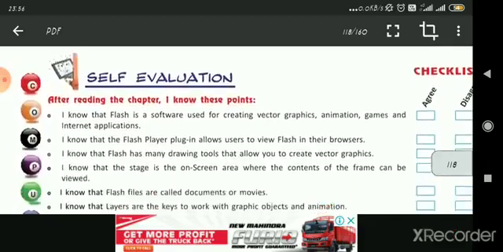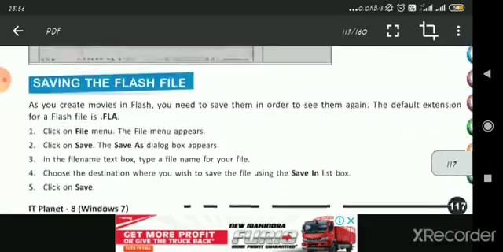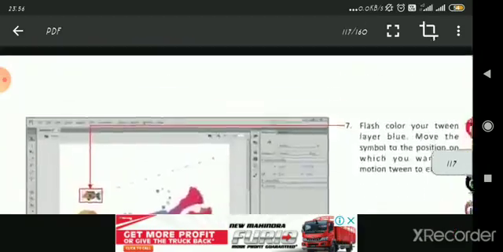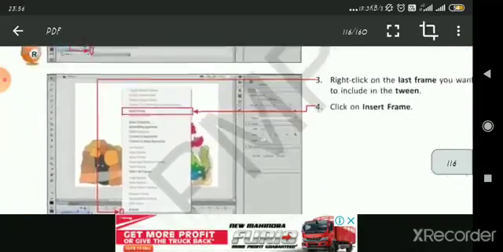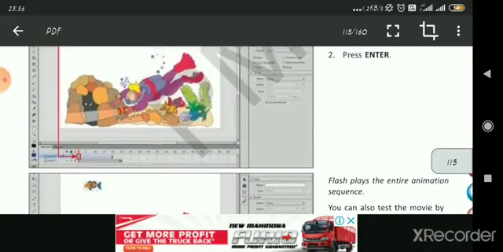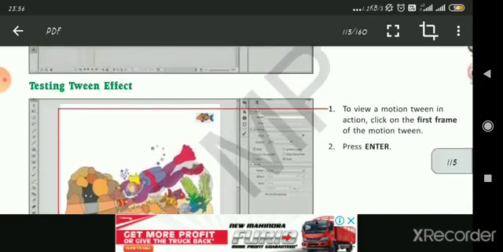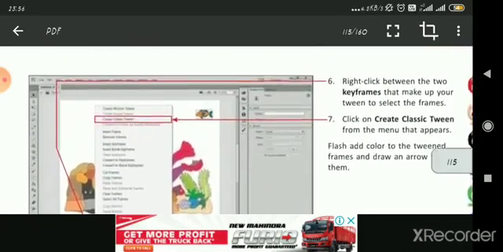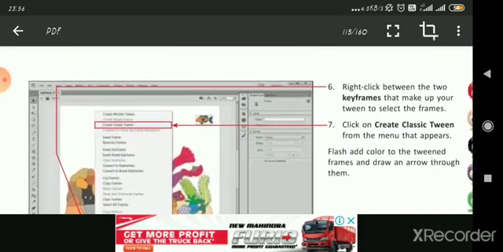So here, students, we have completed our chapter on Flash. If I get the software, then of course I will show you the practical of this also. Otherwise it is our bad luck that we didn't get the software, because Flash is now not available on the net either. It has been, you can say, stopped by the company.